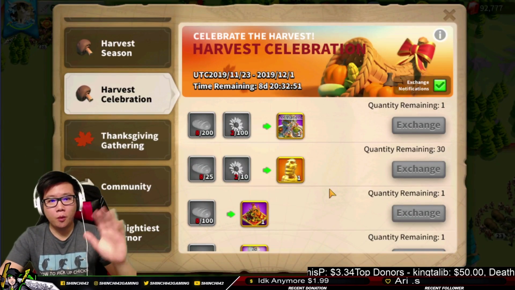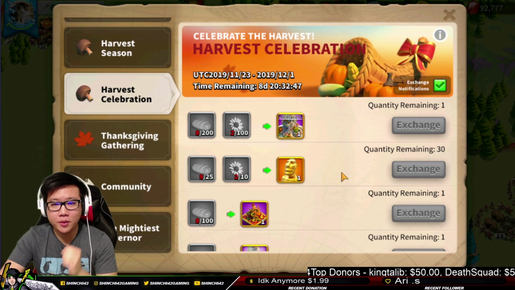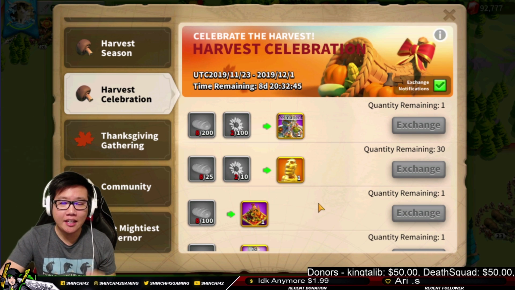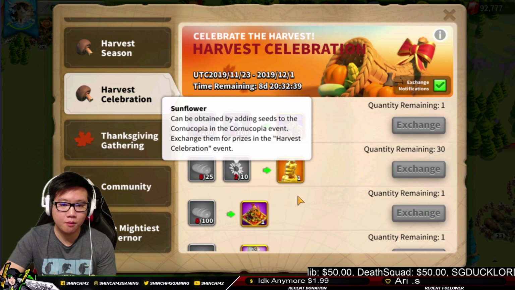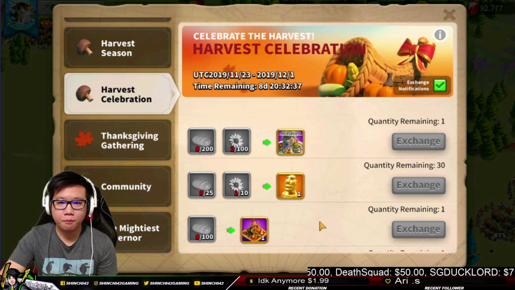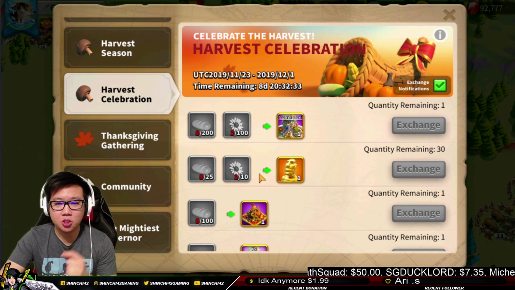Now, you're probably wondering about the Harvest Celebration. What do I do with this? What items do I need to claim first? And how many gems do I really need to invest in the sunflower? Perfect. Thank you for asking that question. What you really need to do,